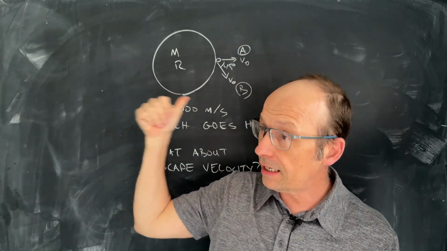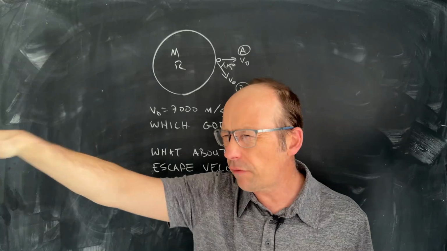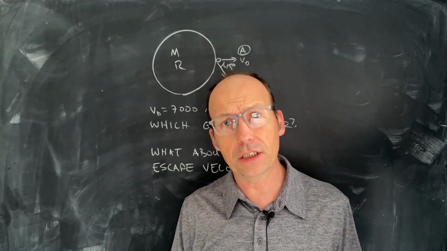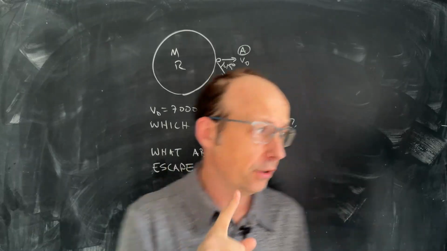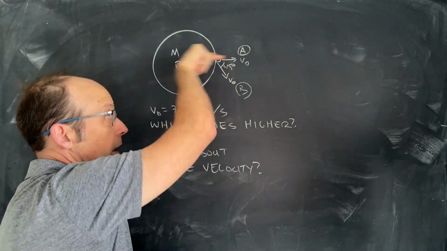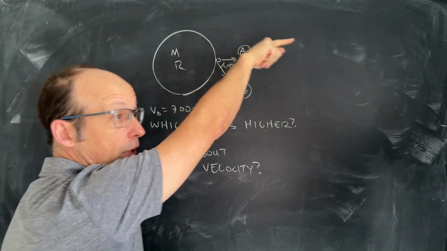So this is a question I asked in class. This is introductory level astrophysics. It's nothing crazy. We're just doing basic gravity stuff right now. And I had the question. Here's the question. Suppose I have the Earth and I launch an object this way, straight away from the Earth